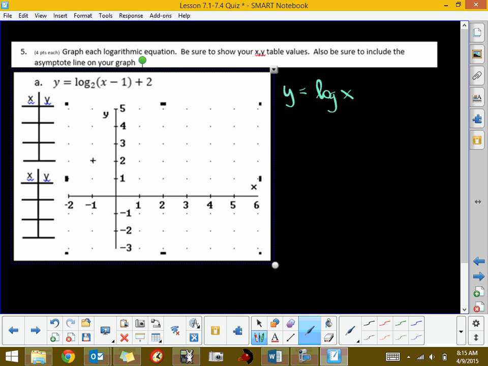And then this minus 1 is going to move it 1 unit to the right, and this plus 2 is going to move it 2 units up. So we know the transformation it's going to make. But what we said we're going to do is transform this first into an exponential, and then get the ordered pairs of the exponential, reverse them to get our logarithm, which is the inverse, and then we'll make our modifications. So first thing I'm going to do is find the inverse of this